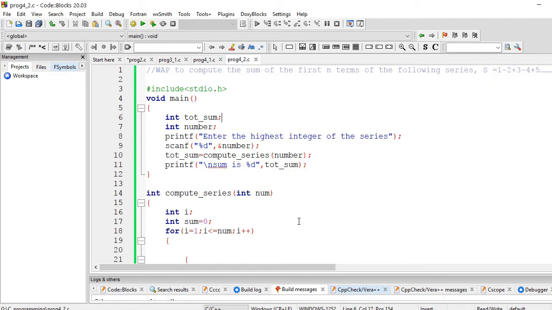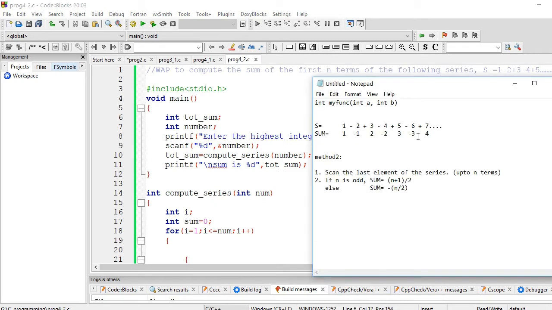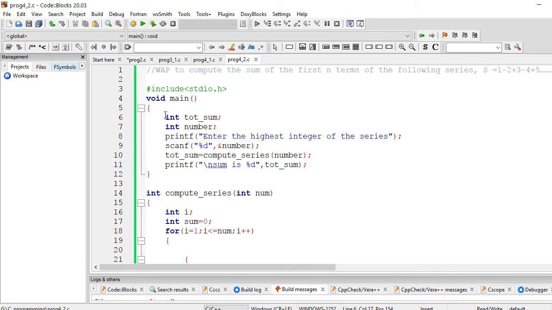Now coming to our program, what was our program? It was the sum of the first n terms of this series. I am explaining it to you.